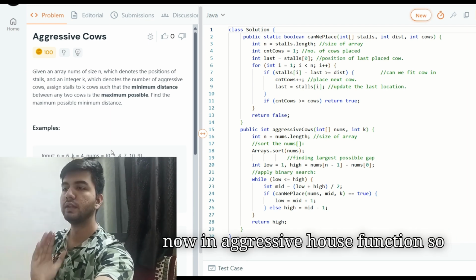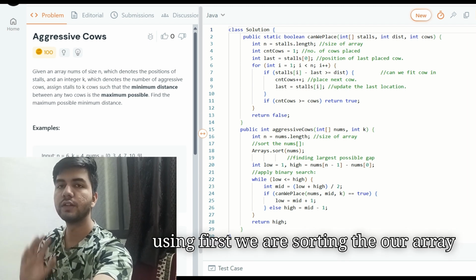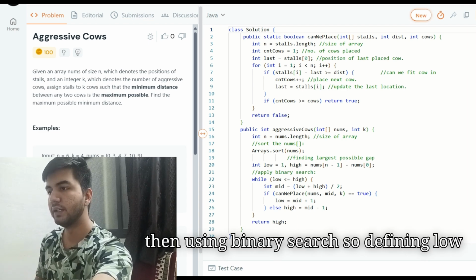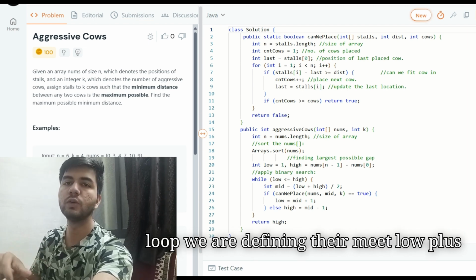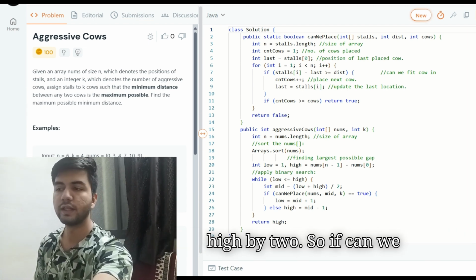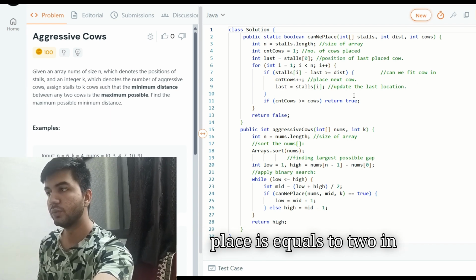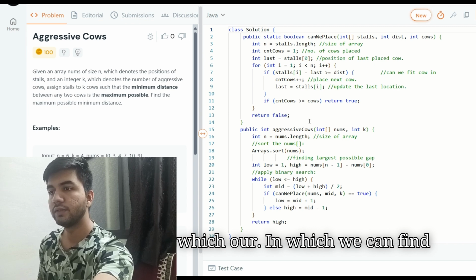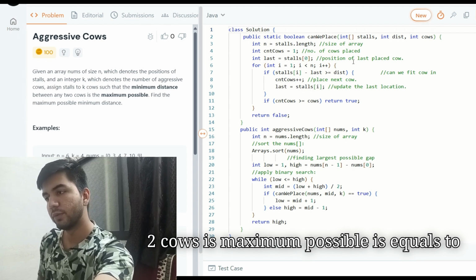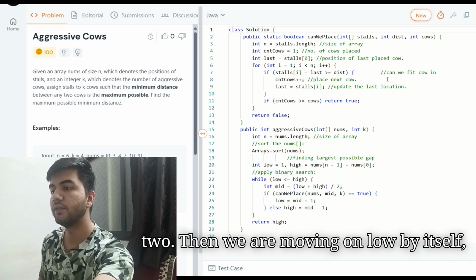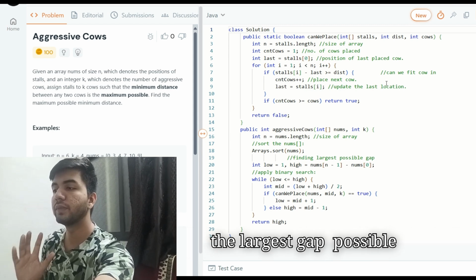Now in the second function, the aggressive cows function, we first sort our array, then using binary search, we define a low pointer and a high pointer, and in the while loop we define the mid, low plus high divided by 2. So if canWePlace is true, in which we can find our minimum distance between two cows is maximum possible, then we move the low pointer, else the high pointer, and return our high, which is the largest gap possible